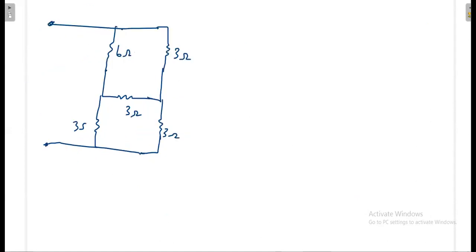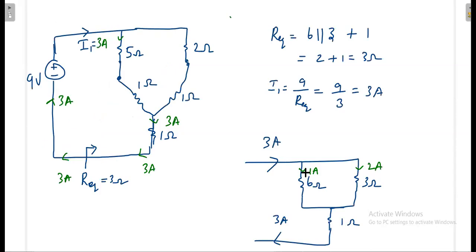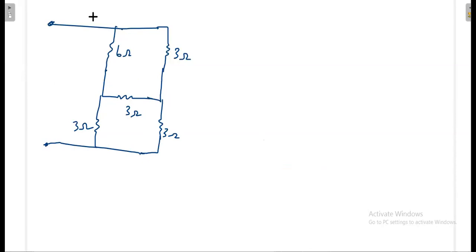Now you know some values, just copy that value from the previous diagram. You know this current 3 ampere, here it is 1 ampere, here it is 2 ampere. Just mark the known values. Here it is 3 ampere, here it is 1 ampere, here it is 2 ampere. But you know here also it is 3 ampere only. Now the problem is, what is the current across 3 ohm? Because the same 1 ampere will come here, the same 2 ampere will come here. Now what is the current here? Once you know the current here, you can easily write these branch currents. So I do not know now what is this current.